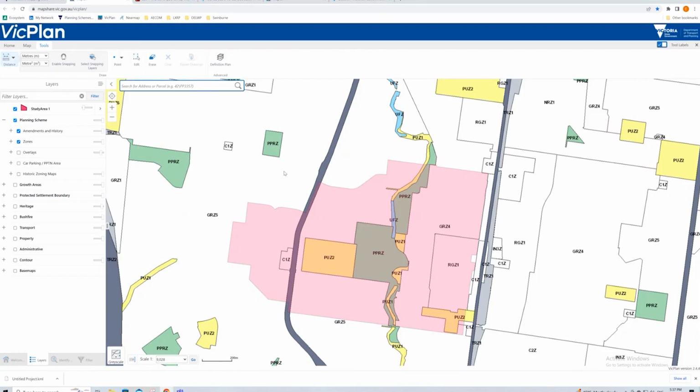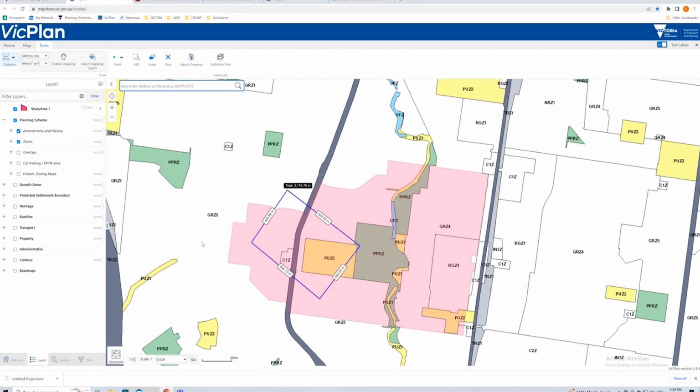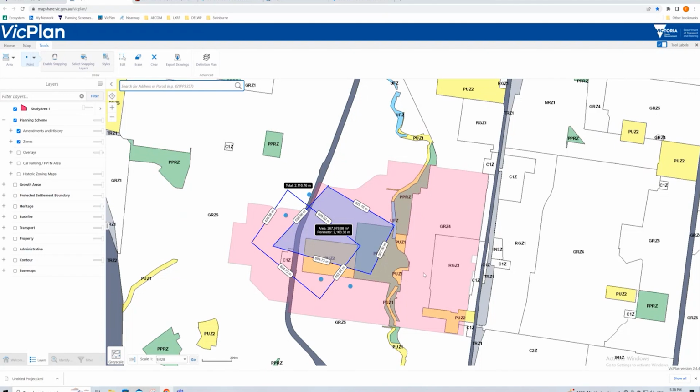VicPlan has some basic tools as well, of course. You can measure. That is a very useful measurement I just took, but you get the idea. You can measure area. Why you would ever measure something like this, I don't know. Look. There we go. So you can add all this information on top of VicPlan, but again, remember, it won't